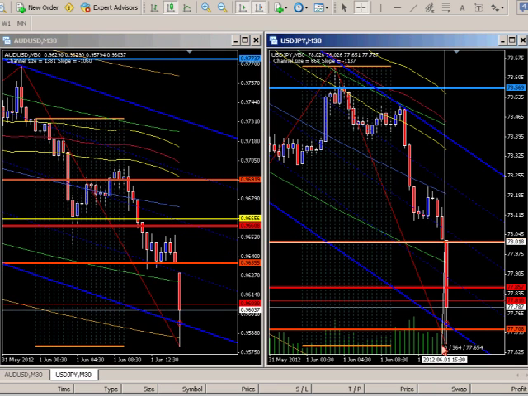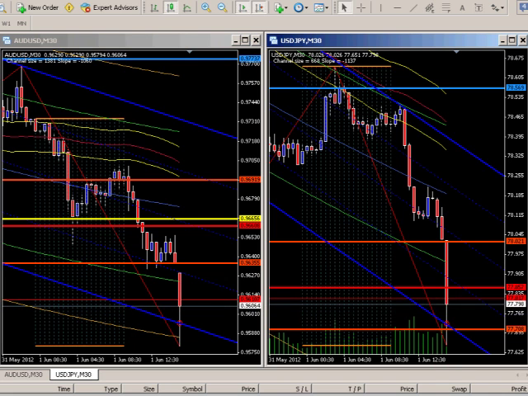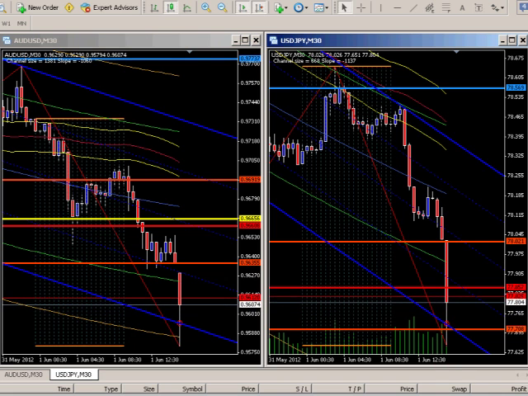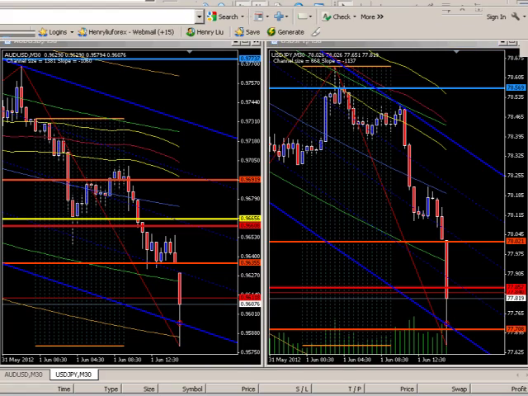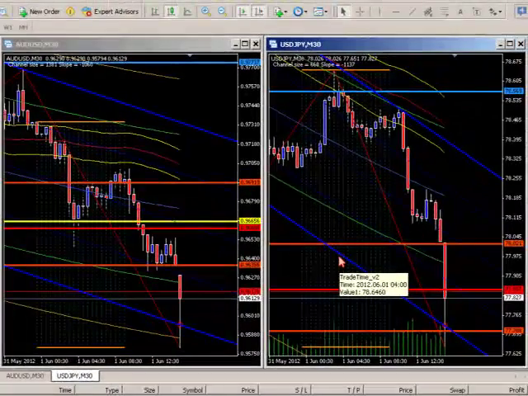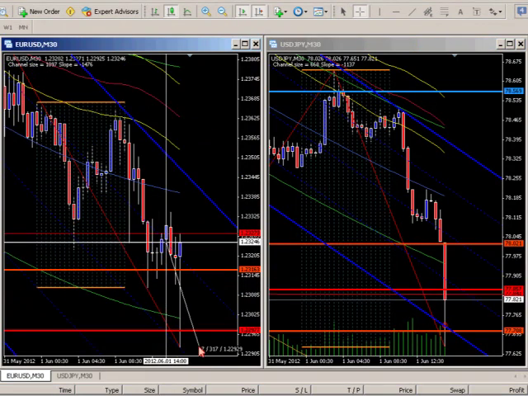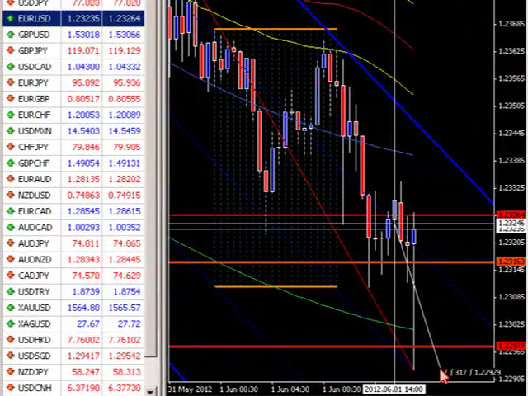Of course, the winner that we're seeing is the Japanese yen. The dollar yen has dropped about 45 pips at one point from the pre-release till now. Dollar yen is now sitting around the 77, 78, broke below the 78 handle, which has been holding the pair for quite some time. So we're seeing stronger reaction against the Japanese yen and slightly weaker reaction against other majors.